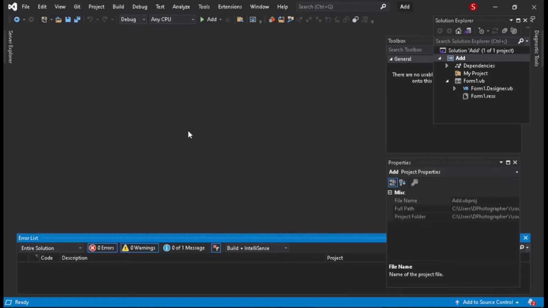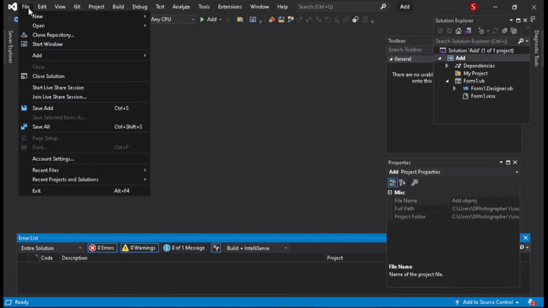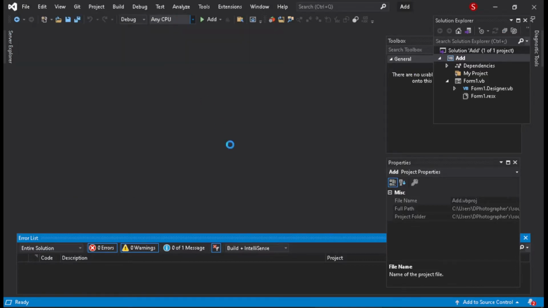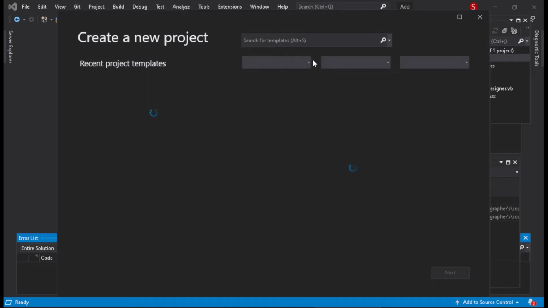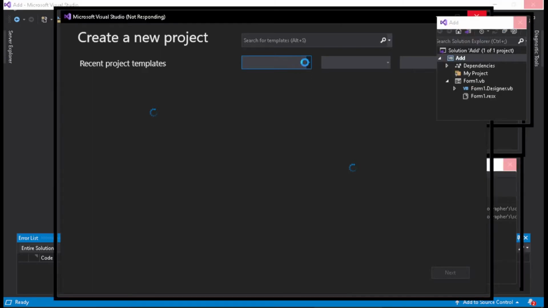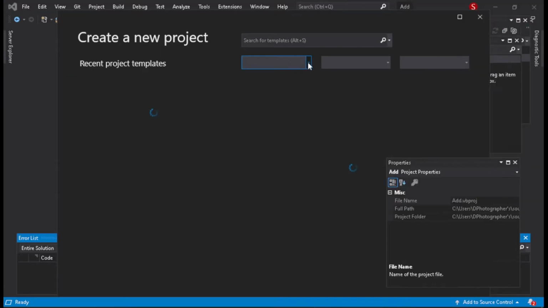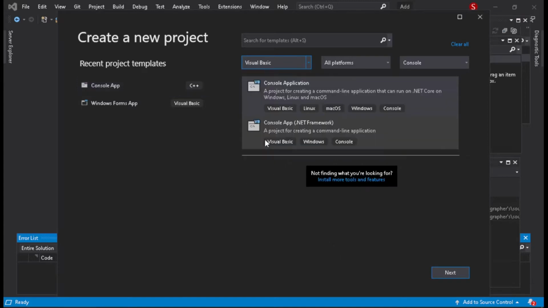So far what we have seen is this is the main window of Visual Studio, and from file you can go to new and open a project. And when you click on project here, you have to select VB, that is Visual Basic, from the first drop down where my arrow is right now. Okay, so if I go here and select VB, that is Visual Basic, and you can see .NET Framework and